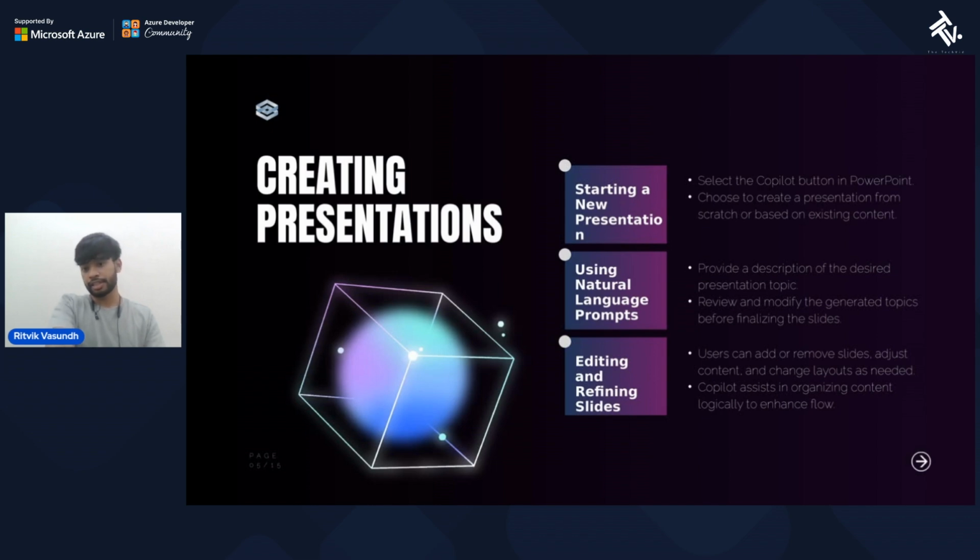Now, editing and refining slides. Now, exactly the third point. So, how exactly is it beneficial to you? Suppose you have an urgent emergency meeting and you have to create the slides for it. You know the topic, you know the content, but you're not able to automate it. So that's how Copilot comes in handy. You just give in the topics, you select the slides, you select the design,